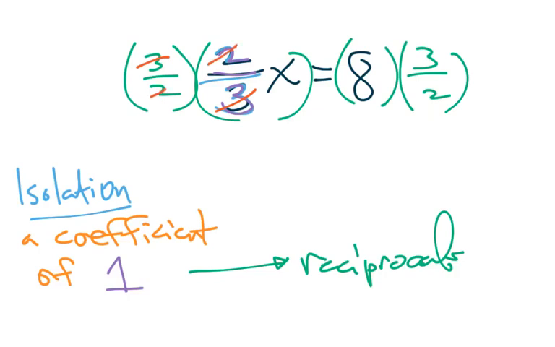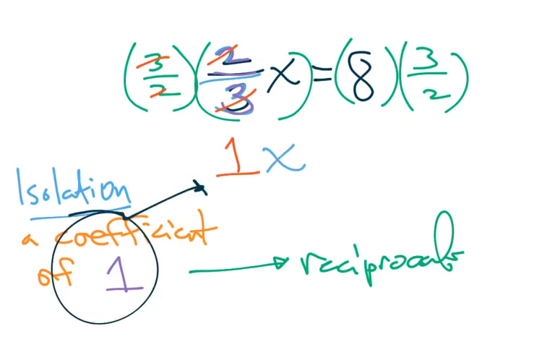Well, those are all canceling to be 1, so technically it's 1x. Well, guess what? That's what I'm talking about. A coefficient of 1. That's isolation, right? And then on the right side, I have a nice cross-canceling here. That'll be a 4. Now 4 times 3 is clearly 12. And again, as I box that up,